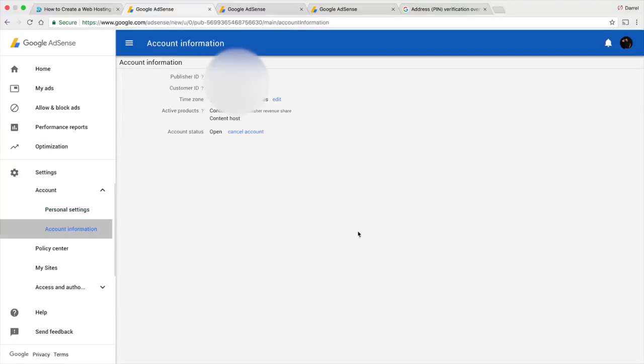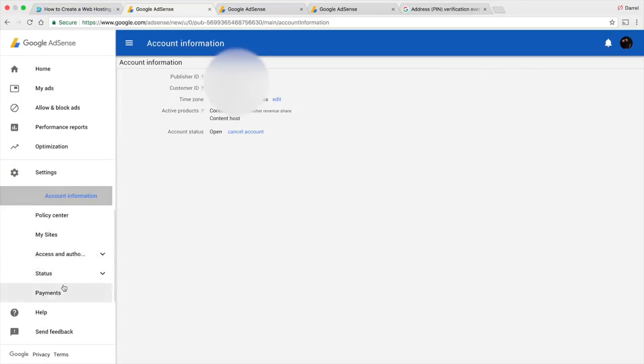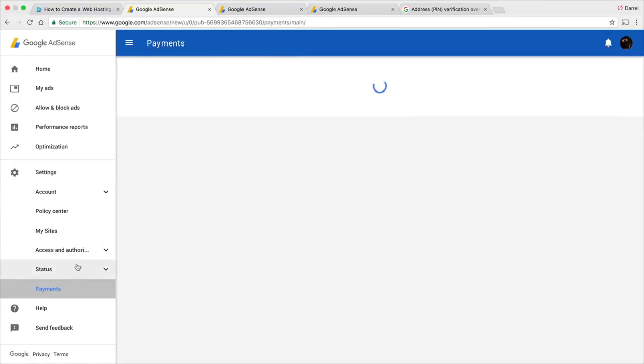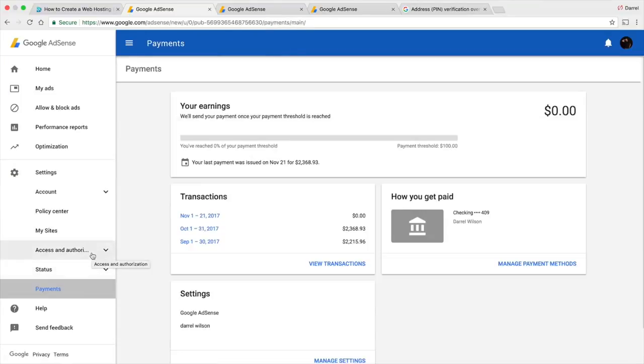And also for payments. This is also very important because they're actually going to do test payments. They're going to make sure that you have a legitimate checking account. It's not fake or anything like that. So you're going to want to go through the process of setting up your bank account information with AdSense. And once you're done with the verification process and everything else, then you can go ahead and